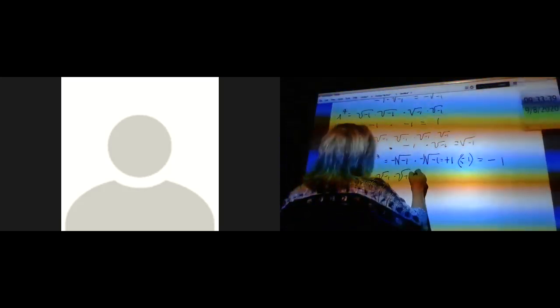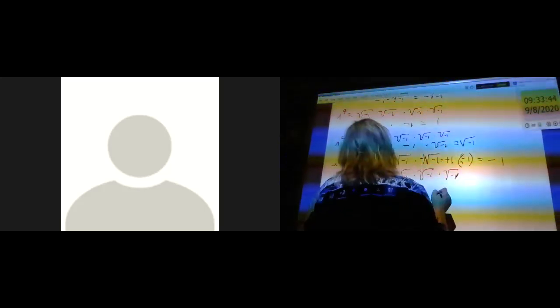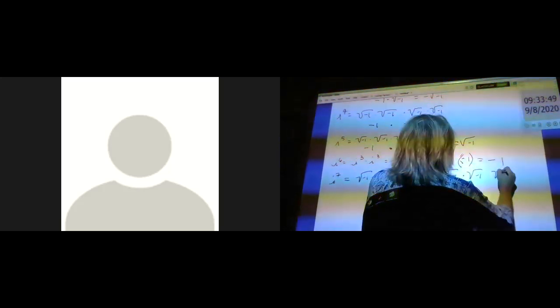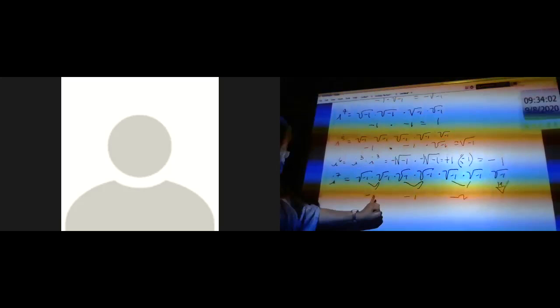Simply -1 times -1, or the square root of negative 1 times the square root of negative 1 times the square root of negative 1 times the square root of negative 1 times the square root of negative 1. That's 1, 2, 3, 4, 5, times the square root of negative 1 times the square root of negative 1. Grouping, we've got negative 1, negative 1, negative 1, and the square root of negative 1. So negative 1 times negative 1 times negative 1 is negative 1 times the square root of negative 1 is